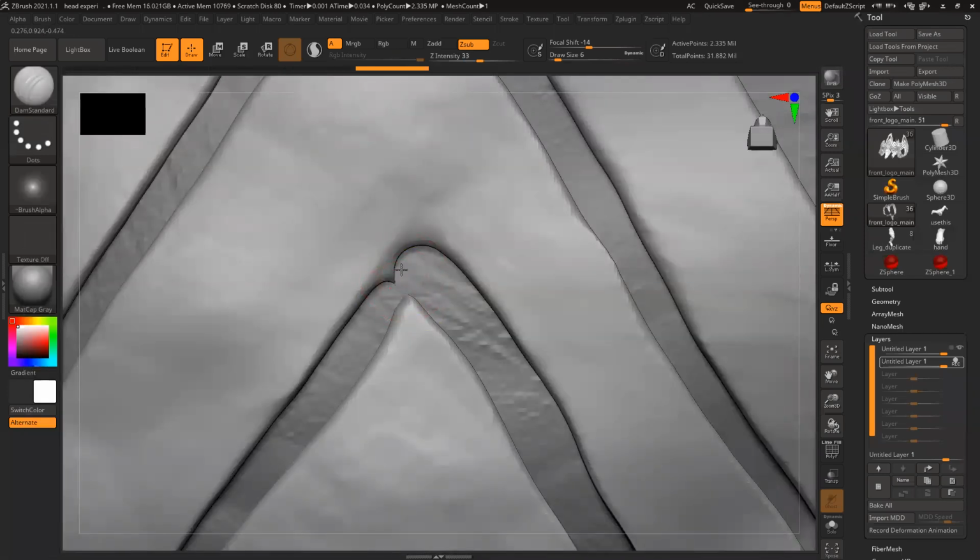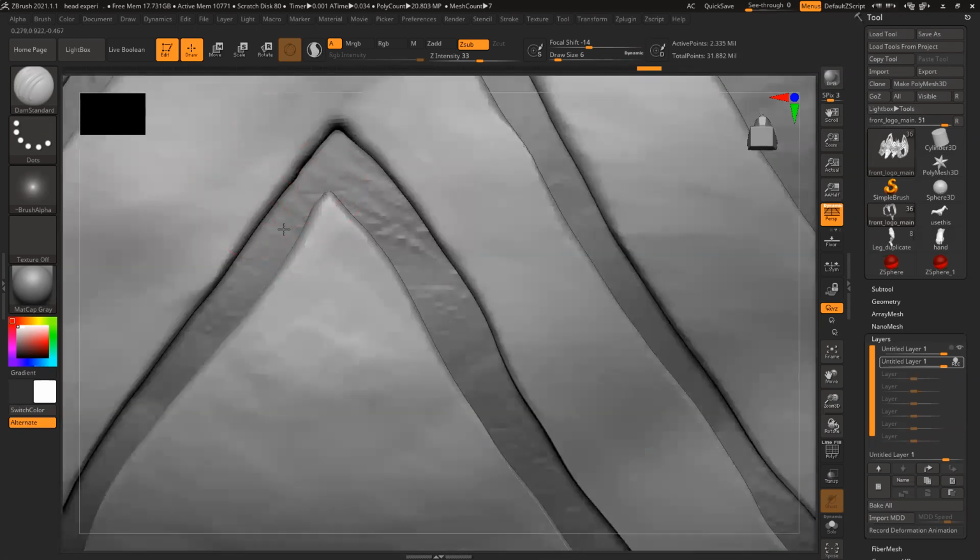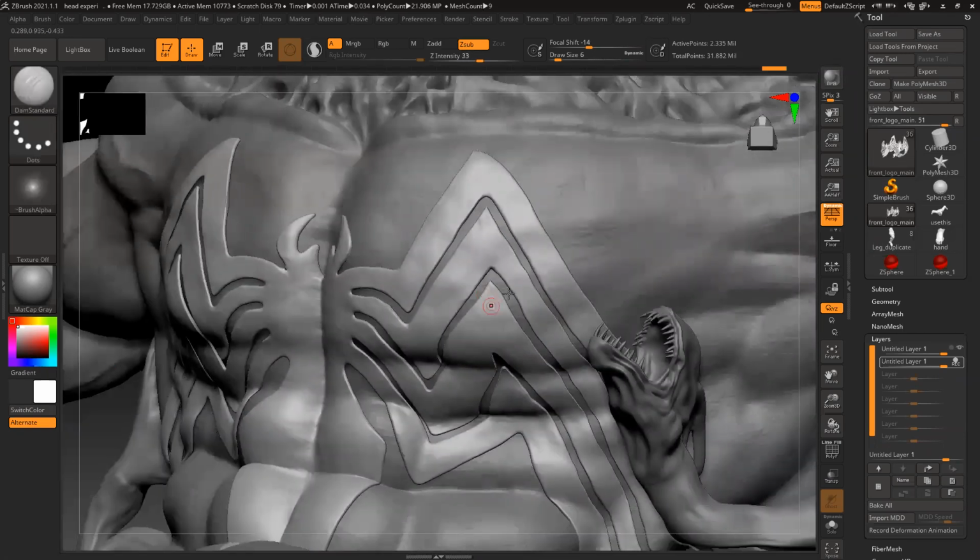Make sure to push it inside. Even if there is an error in your model, make sure it's not visible. The finishing is very important.